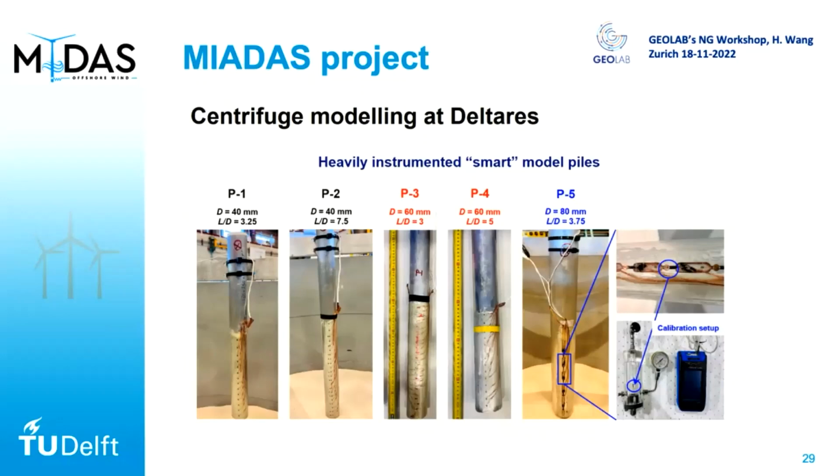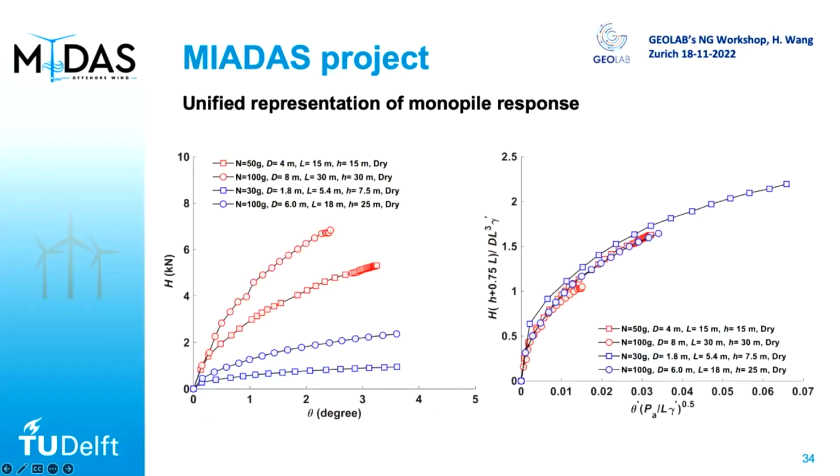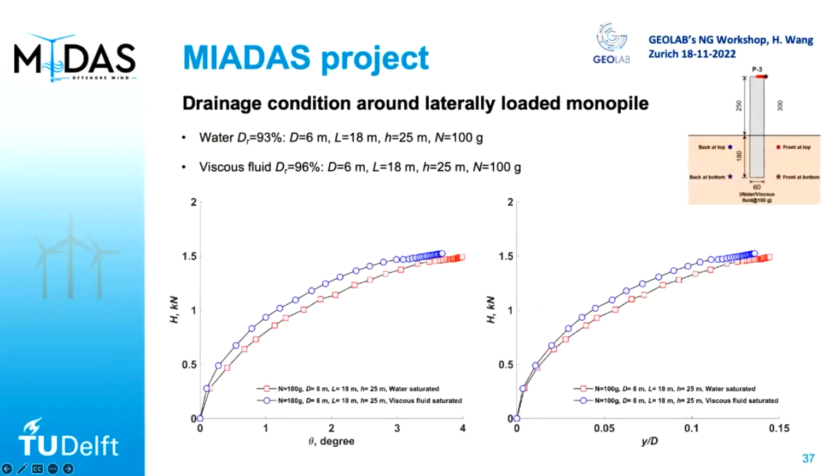Okay, and when it was further along in the slides, you don't have to go there, but you mentioned something about simulating drained and undrained conditions in the centrifuge experiment, and you were using water as saturation fluid and viscous fluid. Could you please explain this a little bit better? Yes. So how do you facilitate the undrained conditions? Yeah. So